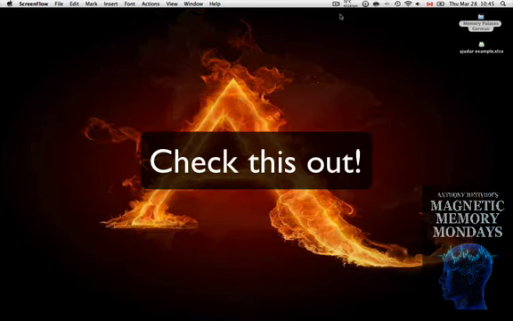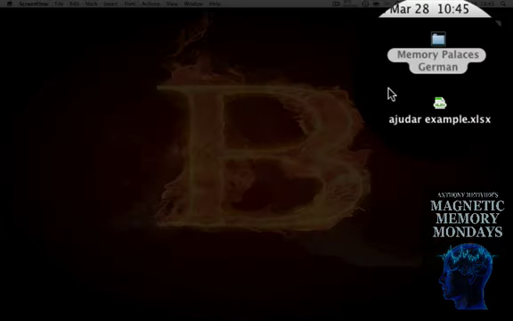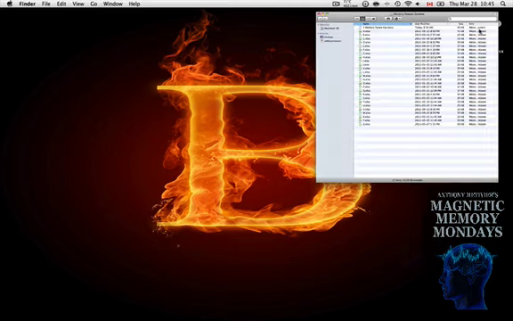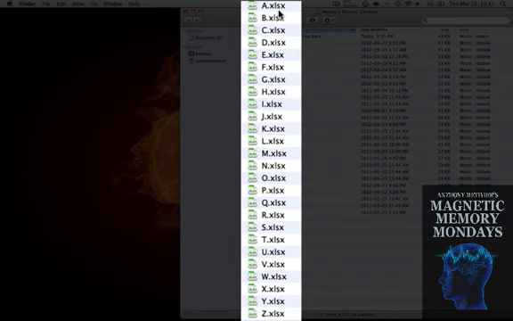So it's really as simple as creating a folder somewhere on your computer. And here's mine for German. If you look inside, you'll see that I have created 26 different Excel files, each one corresponding to a letter of the alphabet. The reason why I do that instead of just having one Excel file is that I don't have to add too many columns here and there and constantly fiddle and scroll up and down for the entire alphabet. I just simply go to that letter and add some new material or visit it for testing,